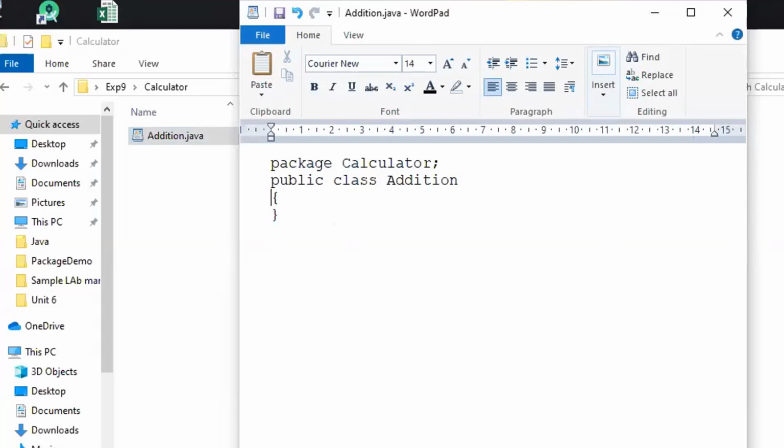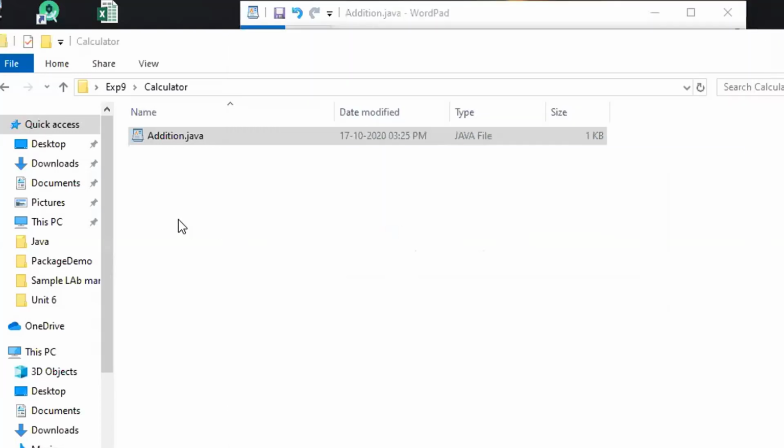Under this public class Addition, let us have a method, public int add, this is the addition method, int a, int b, which takes 2 arguments. This method is not doing anything else, it will just return the addition of a plus b. Simple.